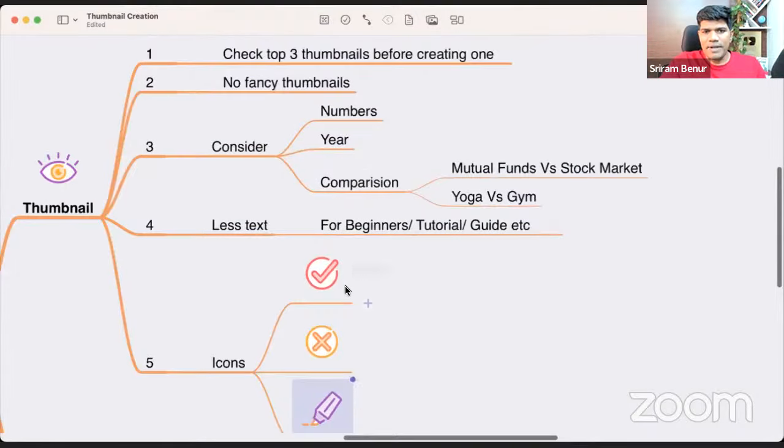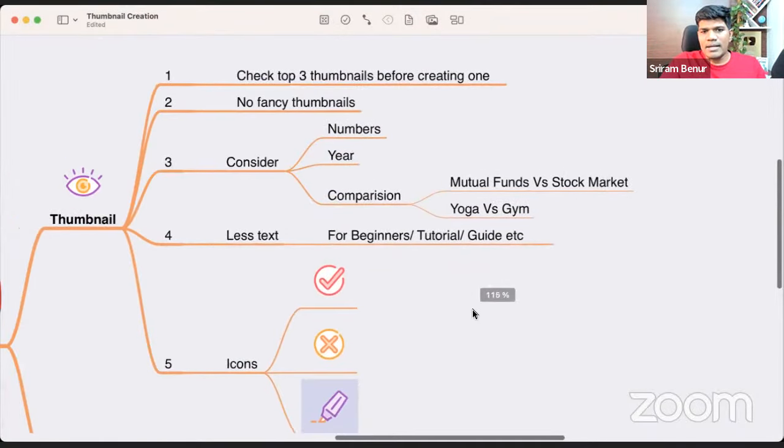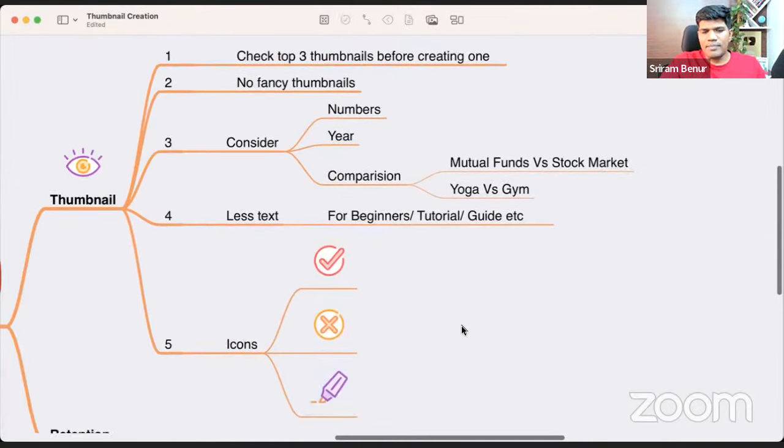Okay. Now, these are the 5 most important things. If you want to quickly take a screenshot of this, you can take it. I'm going to give you about a few seconds. Take this, implement in your thumbnails. 100% you will see better results in your videos. Certainly, you got to make sure that your video is also going to get good retention. Okay. I hope you have taken a snapshot of this. I'm going to quickly come back and share the results.